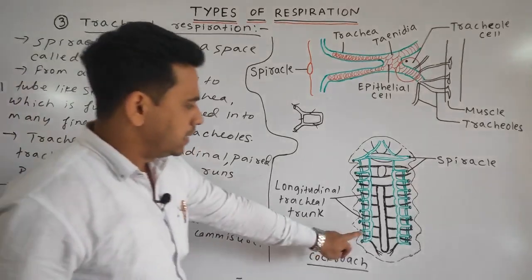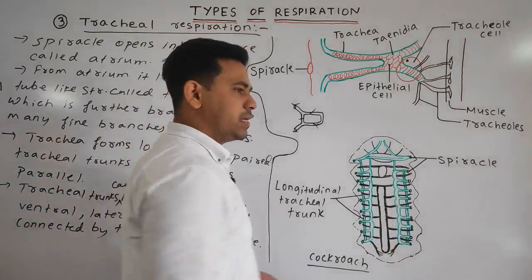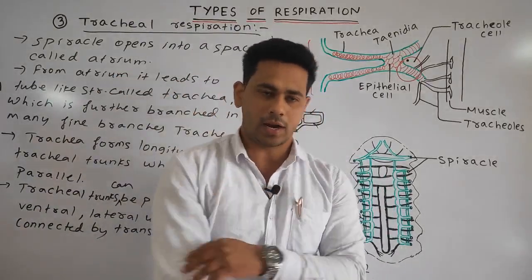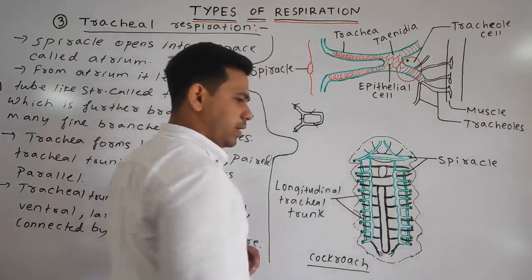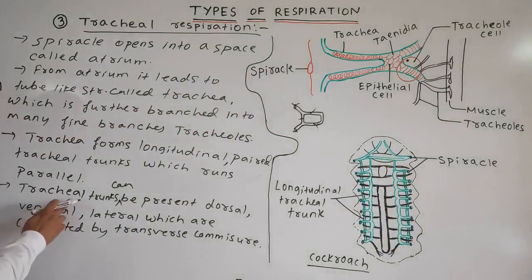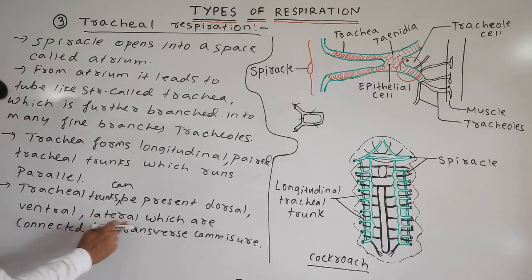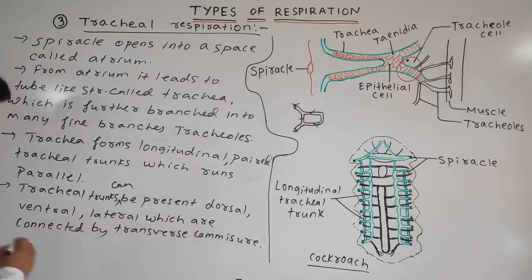These are the longitudinal tracheal trunks. They can be present dorsally, ventrally and laterally, but they have connections in between, which are called the transverse commissure. So that is why it is written: tracheal trunks can be present dorsal, ventral and lateral, and are connected by the transverse commissure. And the last point,